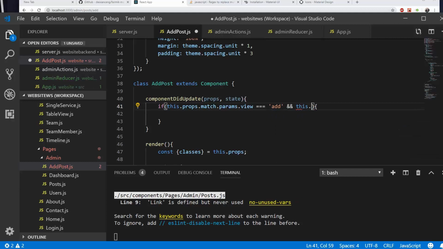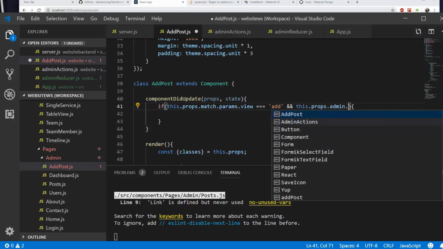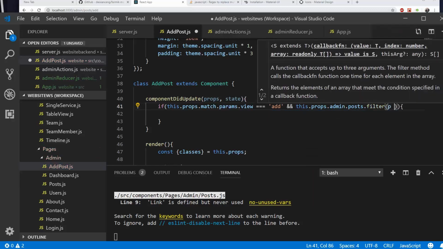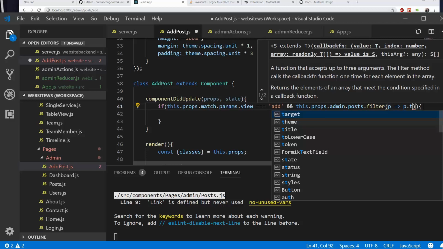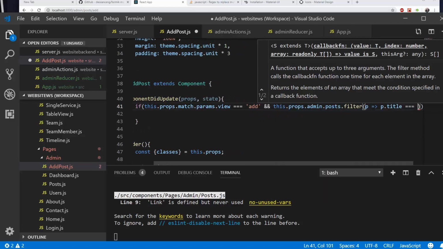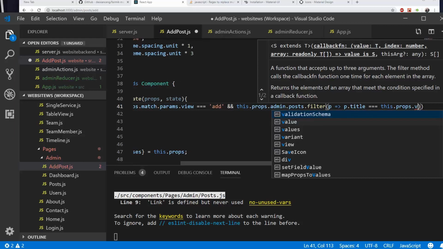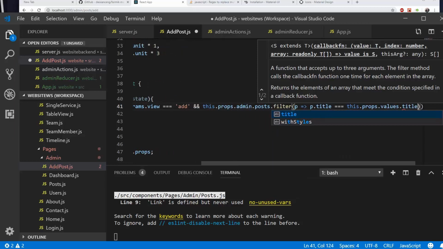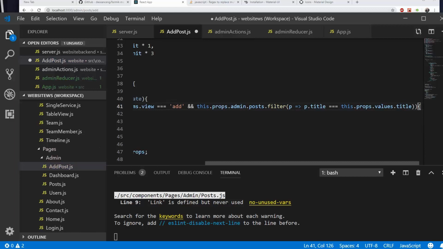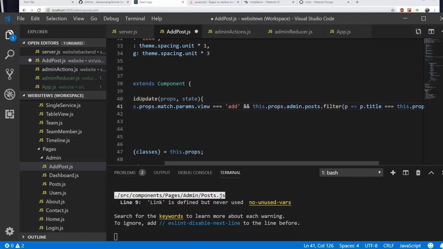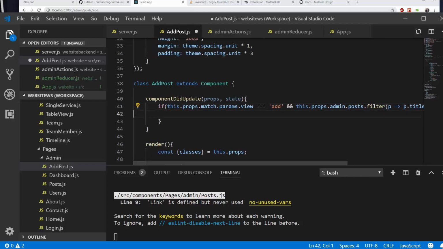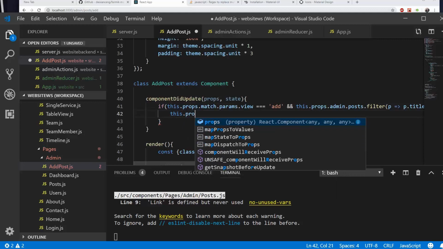just say if this.props.admin.posts, and we're going to say filter, and we're going to look for one that has p.title equal to this.props.values.title. So if both of these conditions are true, so if we'll be able to tell, if posts has a value with this title in it, and if we're on the add page, then what we actually need to do is this